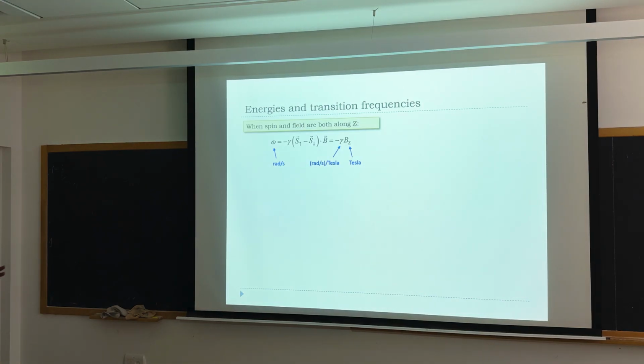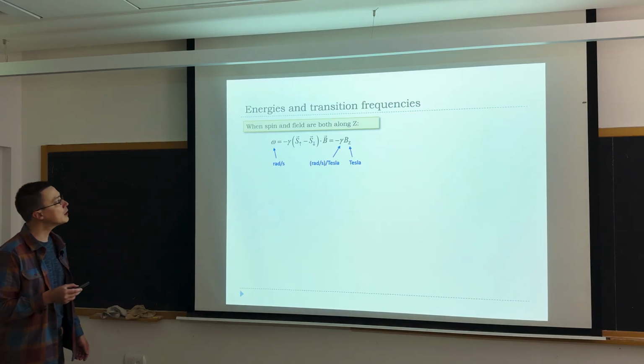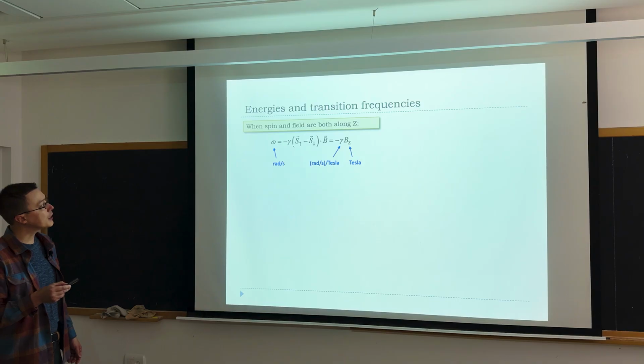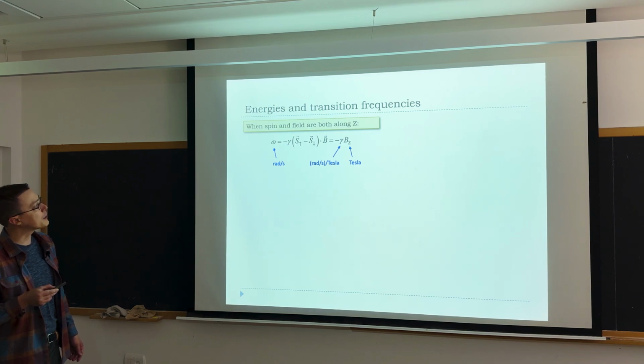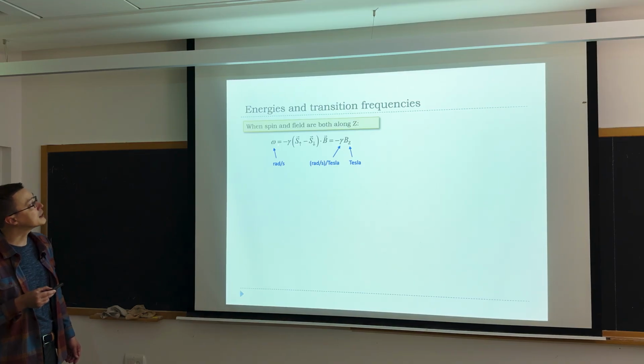Information content is quite extraordinary, and let us start with, well, just the frequencies, right? So when we have a spin that is quantized along the applied magnetic field, what is the frequency of the transition going to be? Well, gamma times the spin is our magnetic moment. It goes into the energy expression, and so that's the minus. The difference between spin up and spin down is exactly 1, so we've got minus gamma Bz, and this is